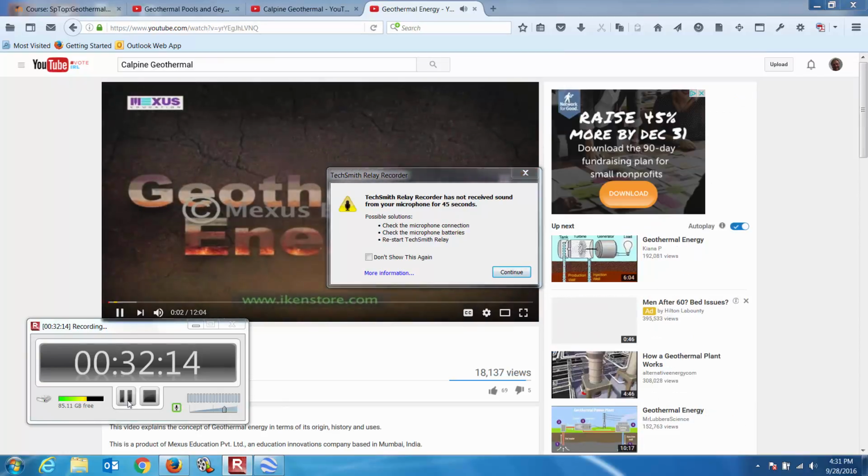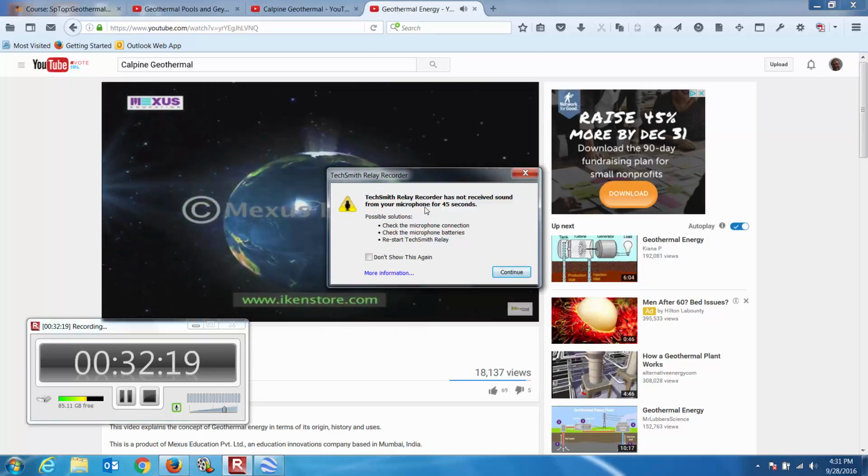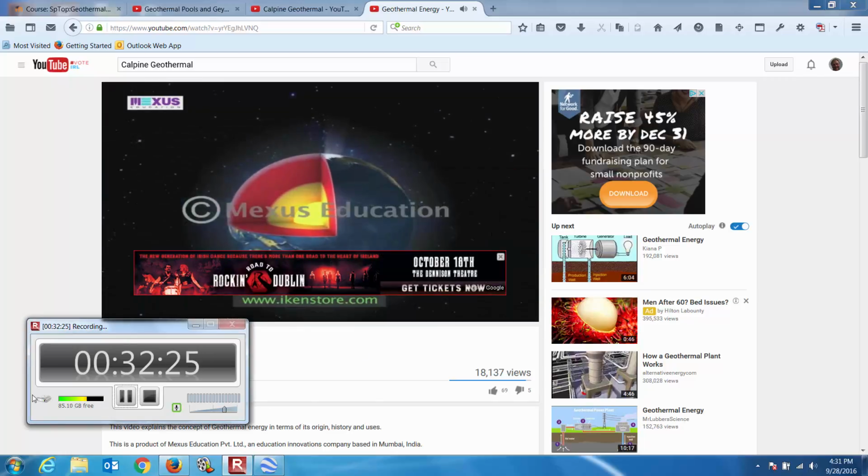Geothermal energy. The mystery about the shape and size of the earth is nothing compared to the mystery of what lies inside it. One such